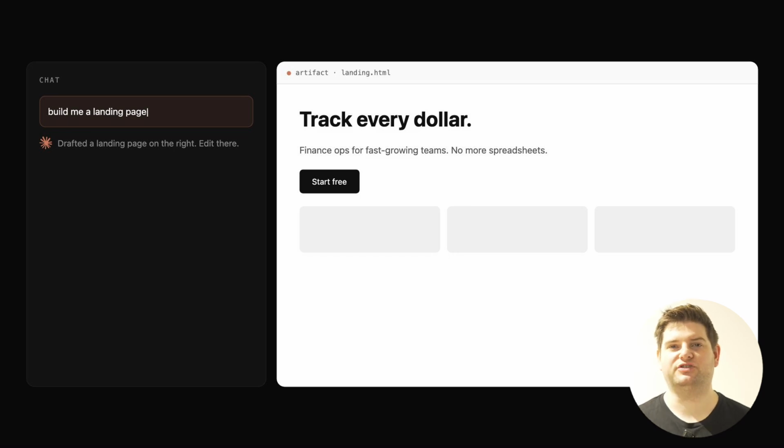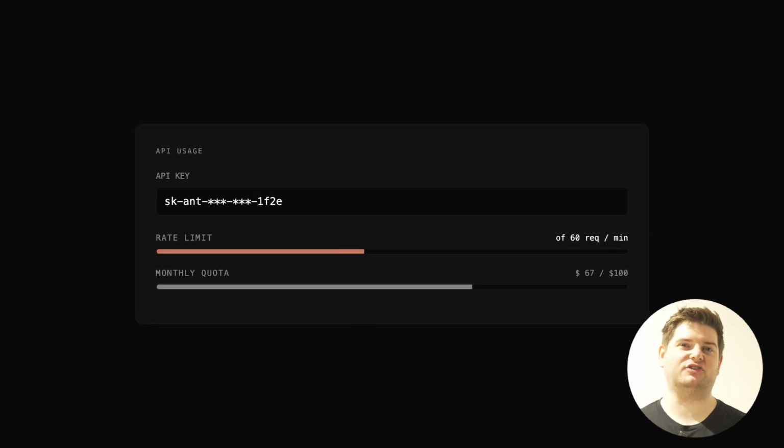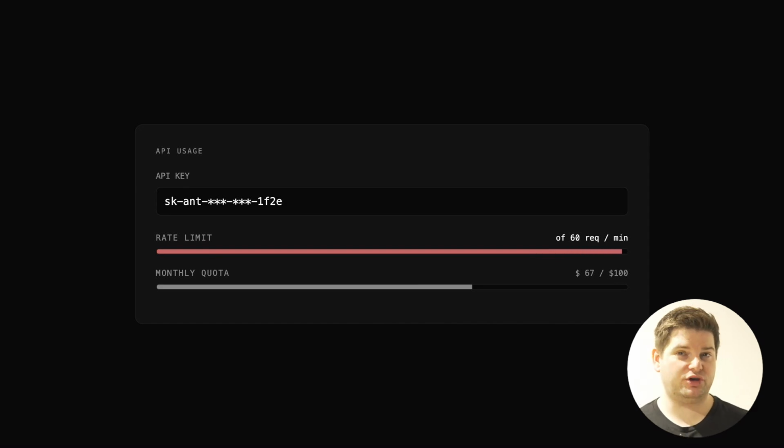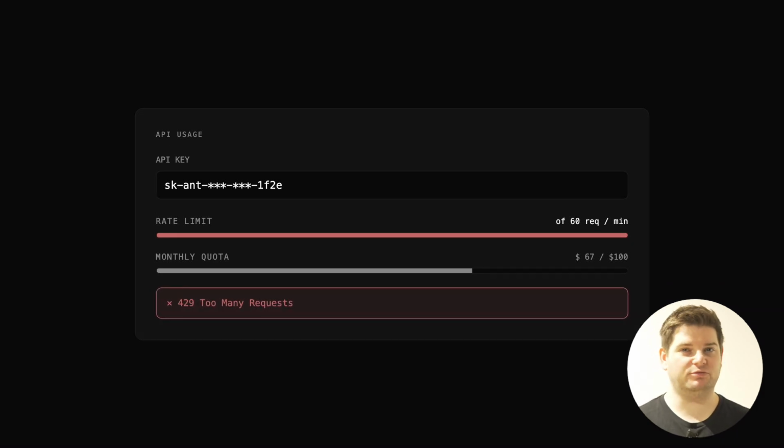Now, the operational stuff, the words you hit the moment you start actually building. API key, rate limits, quotas. Your API key is the password to call the model. Rate limit caps how many requests or tokens you can use per minute. Quotas cap how much you can use per day or month. Hit any of these and your app stops working. Every builder fights these in week 1.